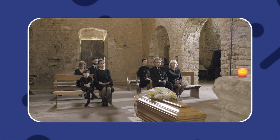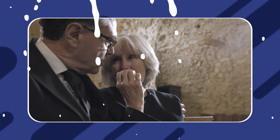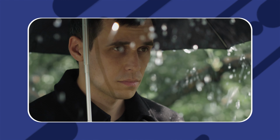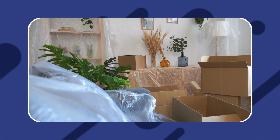Although there are many steps that must be taken when dealing with a tenant's death, the most important thing is to be patient and respectful. It is important to always consider what their family will be going through and to be compassionate. Ultimately, it will be more important than ever to stay organized at a time like this and to contact all of the appropriate people to take over your tenant's possessions. Or if the possessions are unwanted or unclaimed after a reasonable period of time, dispose of them in a legal